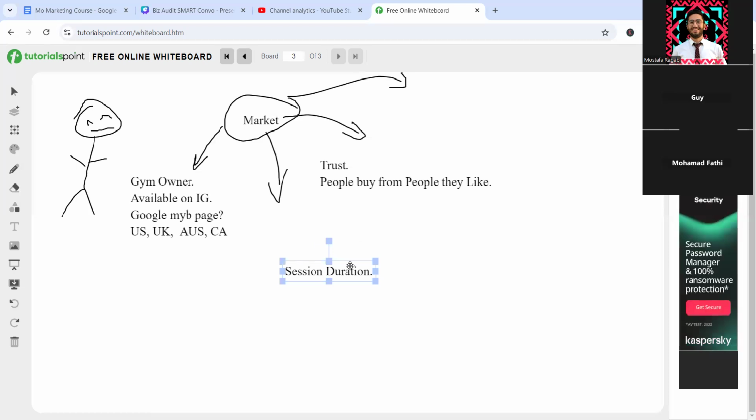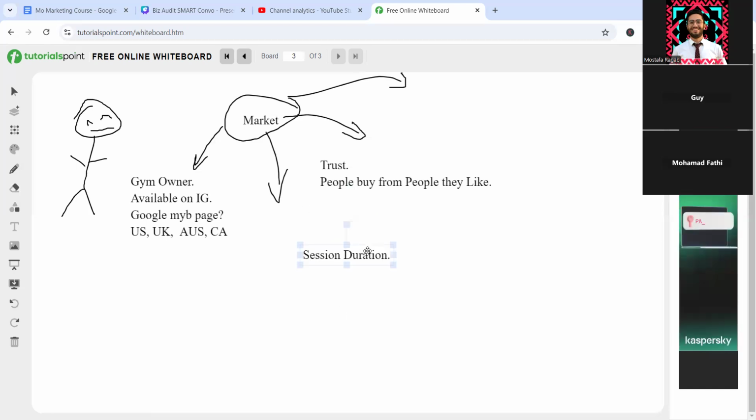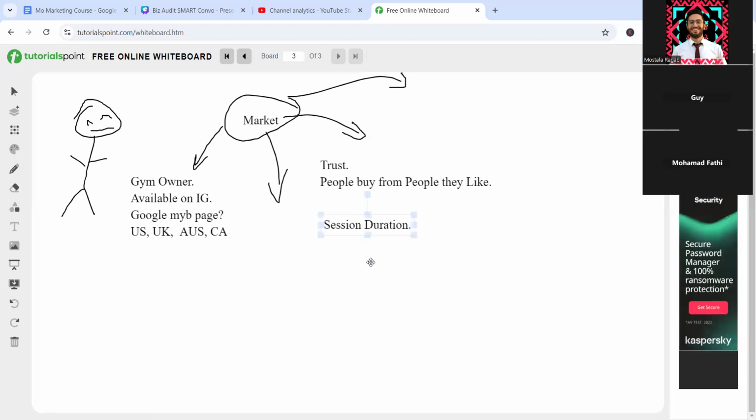You don't want to have any kind of bounce rate on your profile or from your content, because you're dealing with your profiles and your posts and your content as a website on its own. You don't want to have a high bounce rate. You don't want to have people viewing the website and then leaving. You don't want that. What you want is people to stay on your website or on your profile for as long as they could, right?